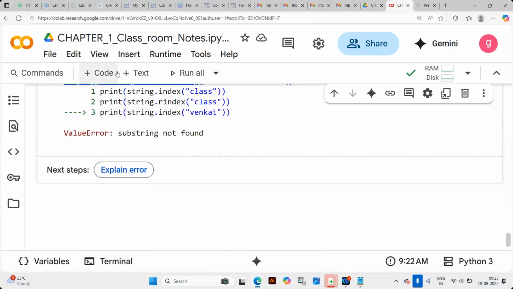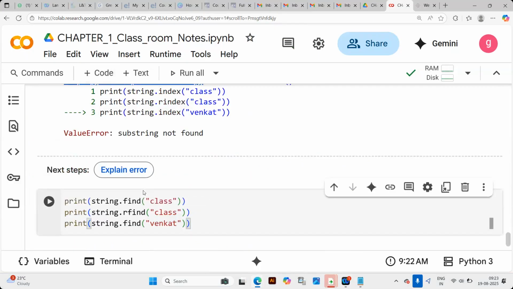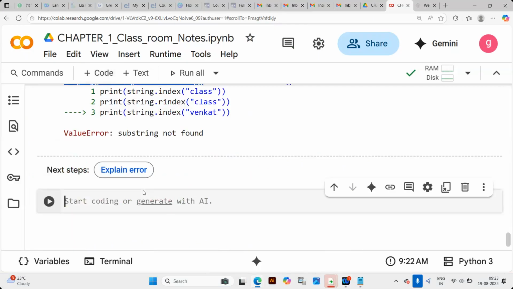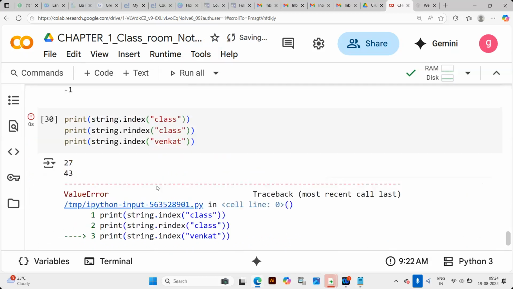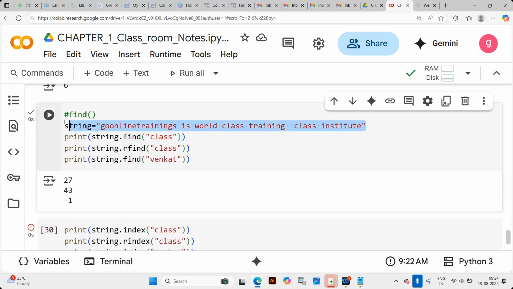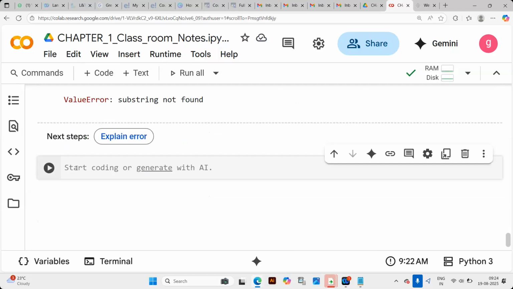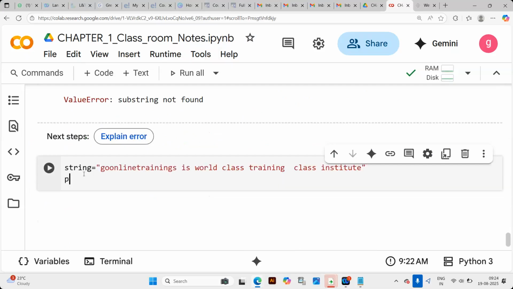Same function. I'll take the same string, but I would like to apply the replace function. What will the replace function do?